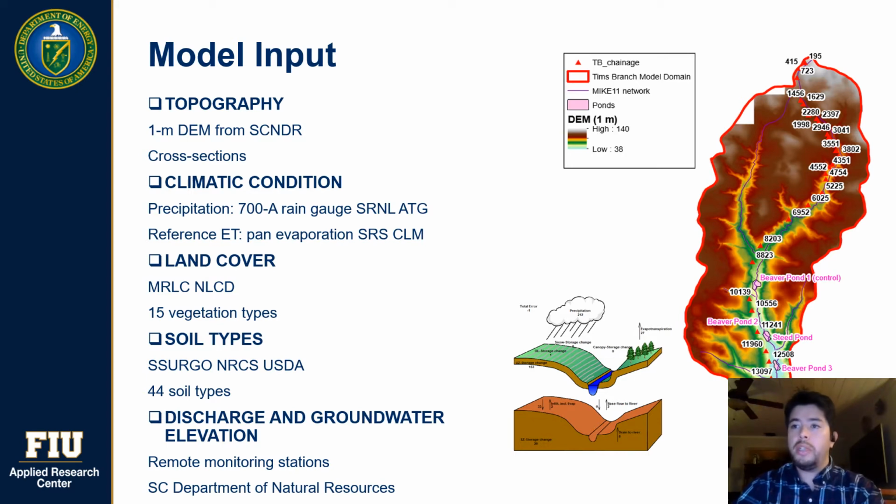The same goes for soil type. As an example, there are at least 44 different soil types, each of them associated with soil physical properties, such as hydraulic conductivity versus water content. For the model calibration, we primarily used stream flow discharge data, and this was provided by the monitoring stations I have mentioned previously. However, most of the data was available from federal and government databases, as highlighted here in this slide.